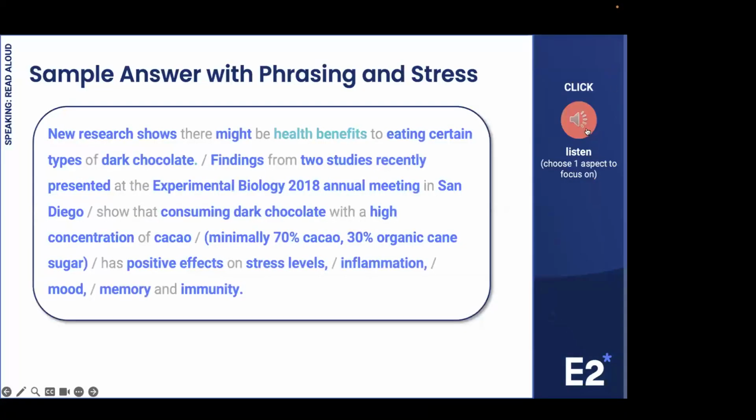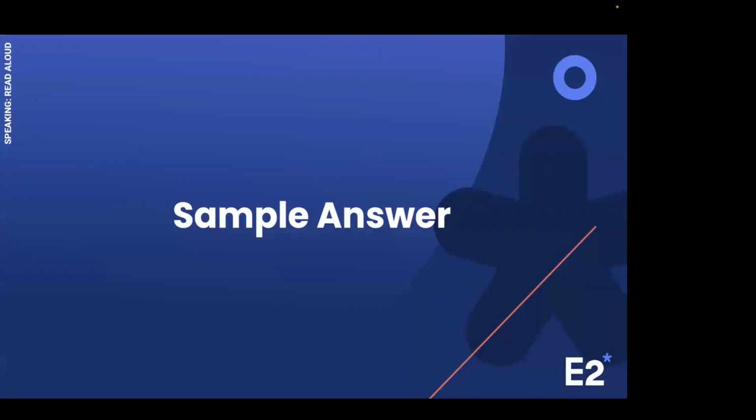New research shows there might be health benefits to eating certain types of dark chocolate. Findings from 2 studies recently presented at the Experimental Biology 2018 annual meeting in San Diego showed that consuming dark chocolate with a high concentration of cacao, minimally 70% cacao, 30% organic cane sugar, has positive effects on stress levels, inflammation, mood, memory, and